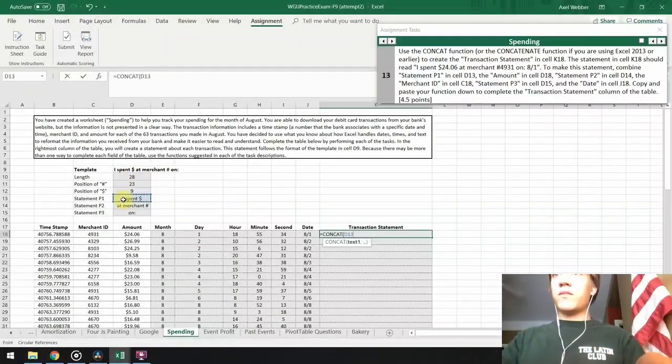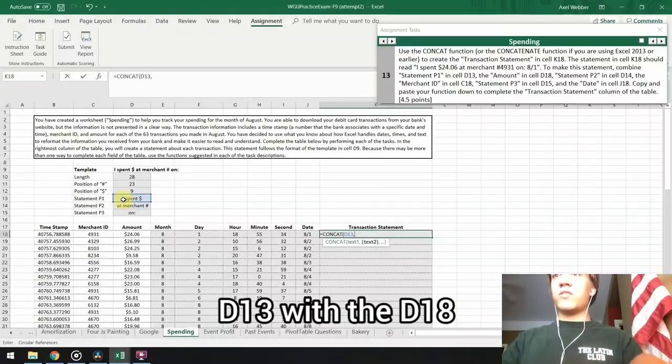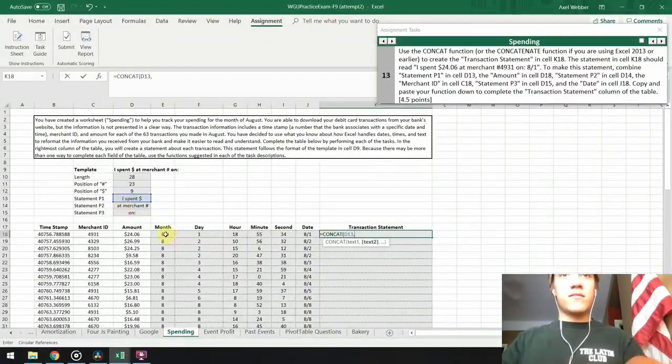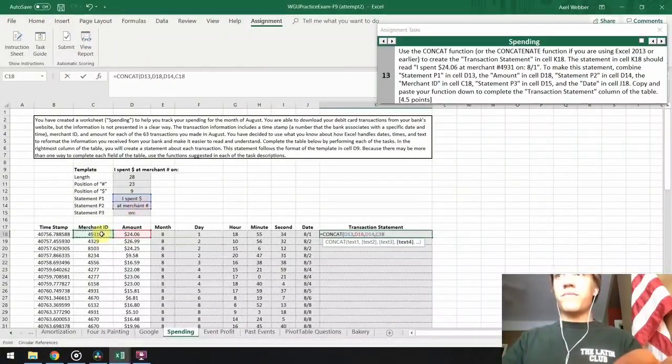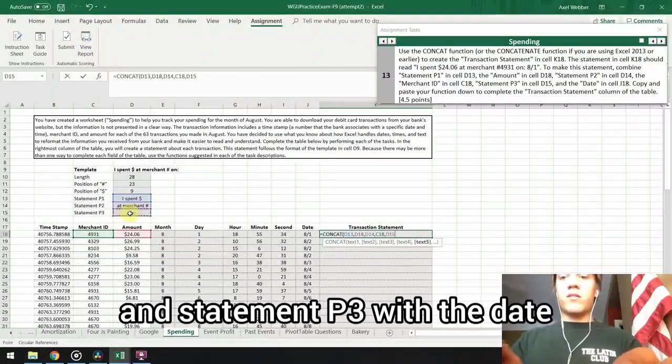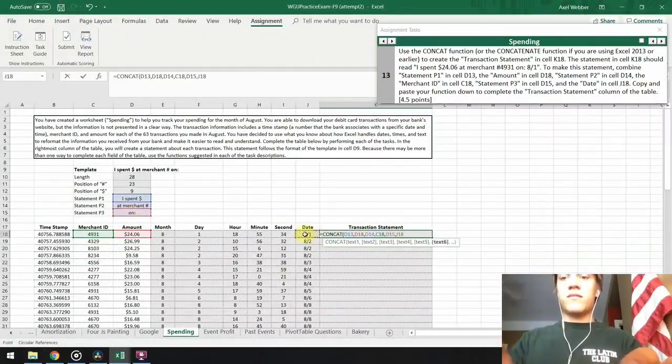P1, D13, with the D18, right there, D18, and statement P2 with the merchant number,